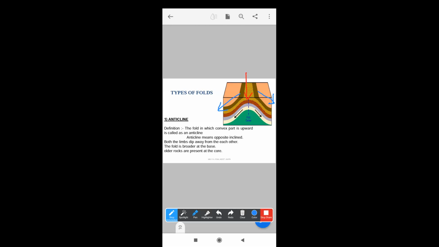The fold is broader at the base and narrow at the top. Now, what is the meaning of this? The fold is broader at the base. Now look here, just wait, I will draw. When you look here, the length of the fold is just